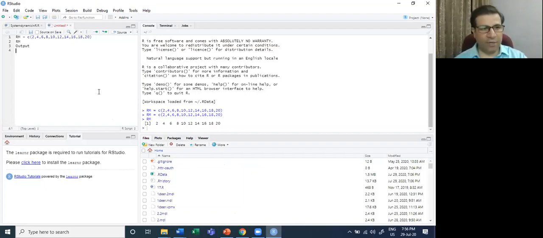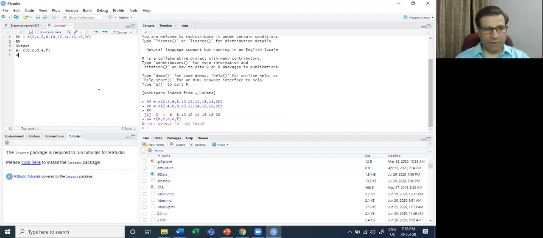For example, I'm creating a vector A with certain scripts. So c starts, and this is a vector which has only alphabets. A, B, C, D, E, F. So we can do it. We call the vector by A. So this vector is being created.